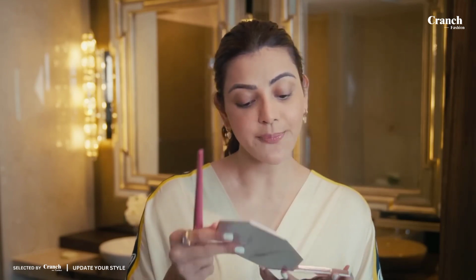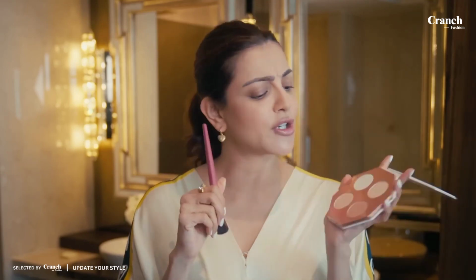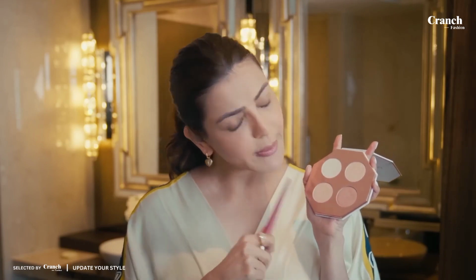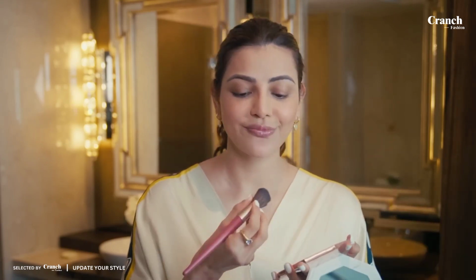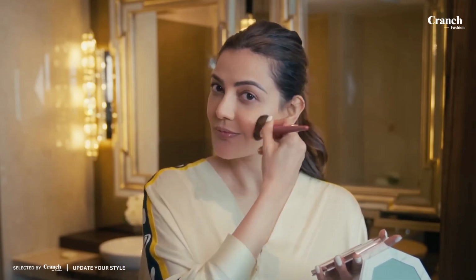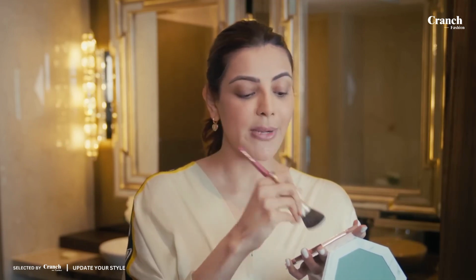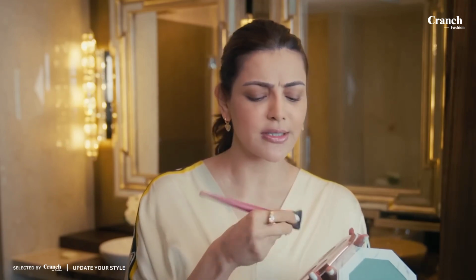Now I'm more conscious of what I put on my skin, the products I purchase. But yes, my beauty routine is still very fun. This is a vegan brand called Dear Dahlia, which makes some really nice and interesting highlighters. Highlighters are my most favorite thing. I'm just wondering which color to go with. Maybe some rose gold. Slightly on your temples, middle of your nose, and I like putting a dash bit on the V of my